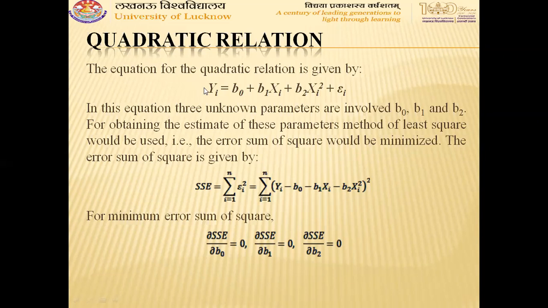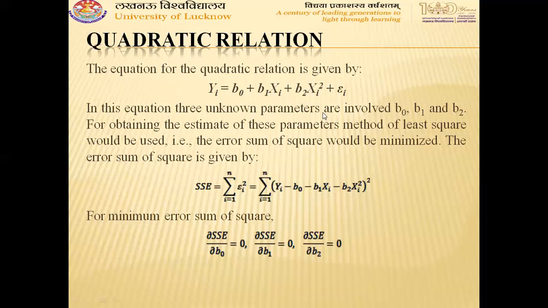First, put the summation sign upon this equation, ignoring the term epsilon i. Then you will get the first normal equation, that is summation yi is equal to n b naught plus b1 summation xi plus b2 summation xi square. Then the second normal equation can be obtained by multiplying by the coefficient of beta 1, that is xi, with the complete equation ignoring the term epsilon i, and then summing it. It will give summation xi yi is equal to beta naught summation xi plus b1 summation xi square plus b2 summation xi cube.